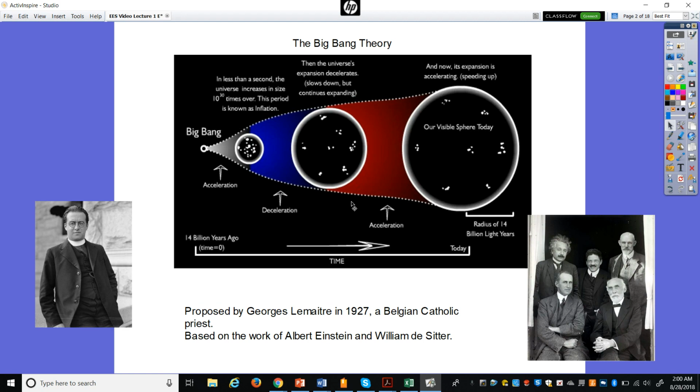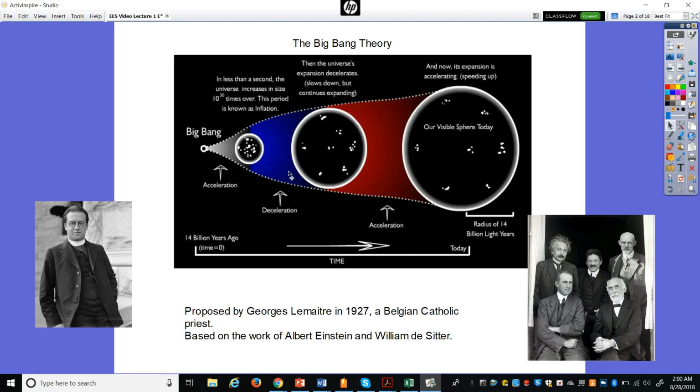But we call it the Big Bang. And what happened is that when this singular event occurred, we had a rapid expansion, and this unit of time is called inflation. It lasted for a very, very short amount of time, just a very small part of a second.